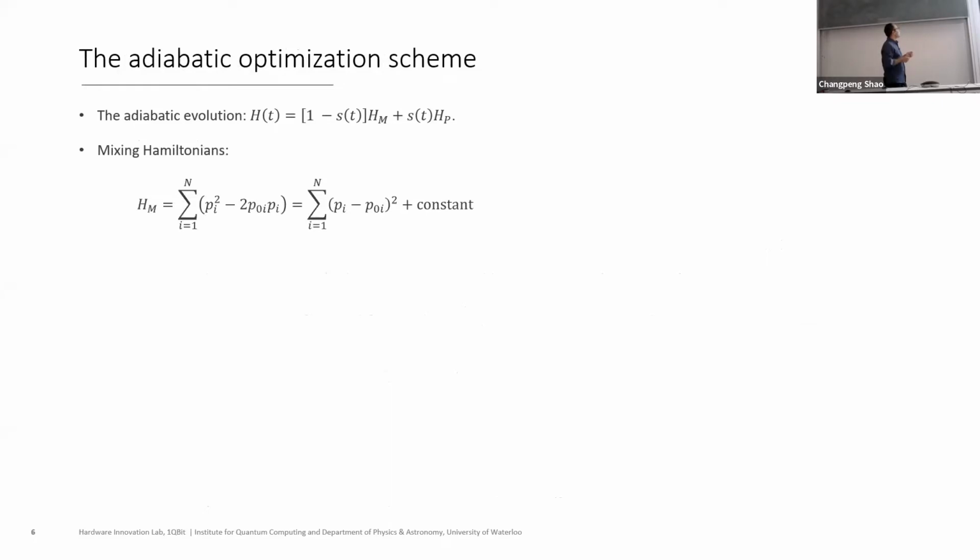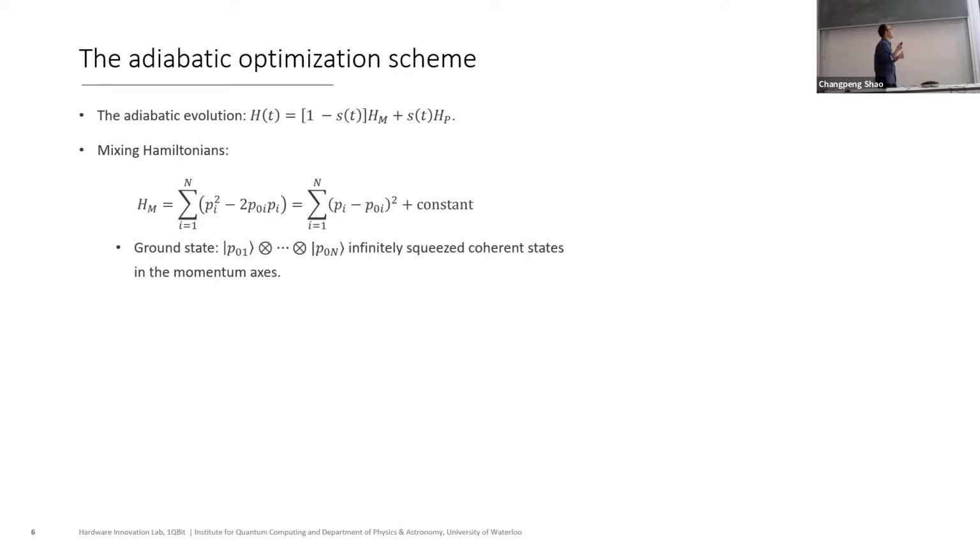The mixing Hamiltonian we need to use, as I say, has to be non-commuting with the problem Hamiltonian, and it has to have a ground state that I can easily prepare, so that when I do this adiabatic scheme, I already start from the ground state and I evolve slowly enough so that I stay in the ground state. So for example, you can think about squeezed states along the position axis, and those would be states like